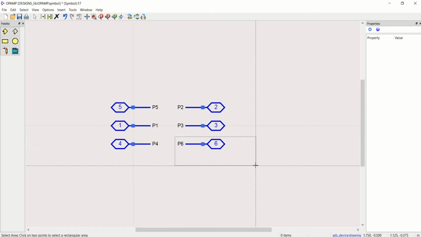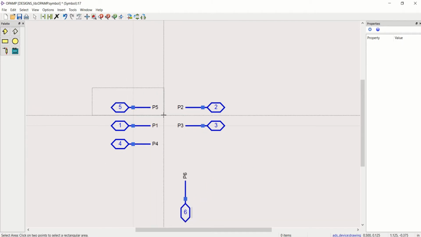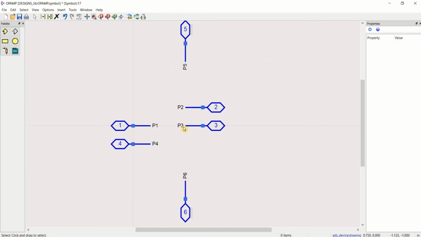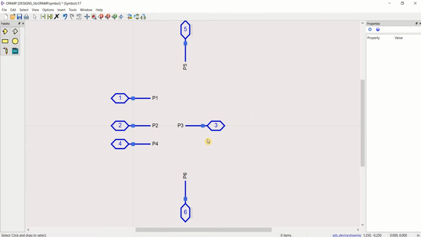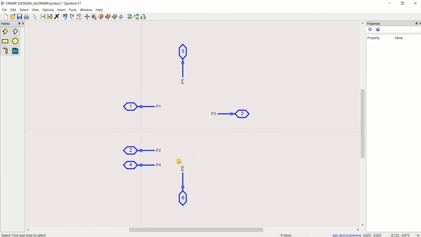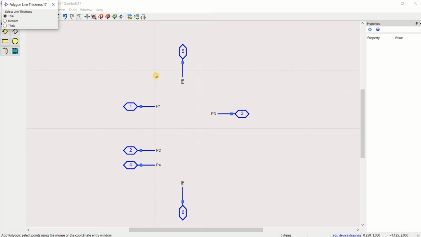I want P6 at the ground, P5 as the VDD or the supply potential, P2 as one of the inputs, P1 is one input, P3 with the output. Now use a new polygon to create the symbolic view.